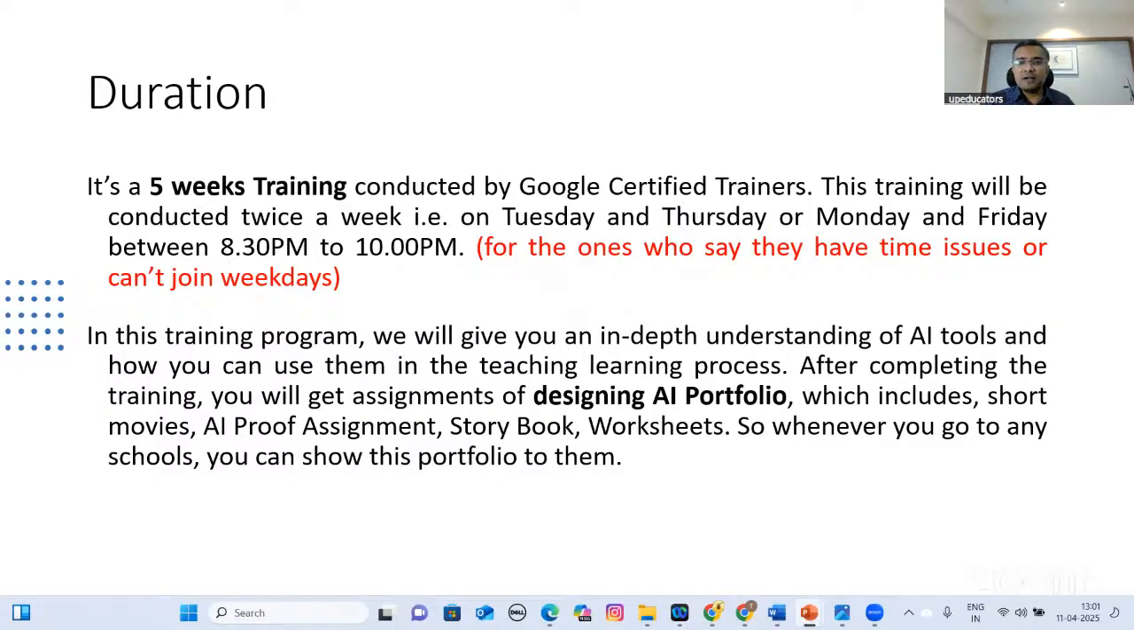So one month will have a batch of Tuesday and Thursday, and another month will have Monday and Friday. Please confirm from your team leader whether the next batch is going to be on Monday and Friday. And the timing is 8:30 p.m. to 10 p.m. Right? In this training program, we will give you an in-depth understanding of AI tools